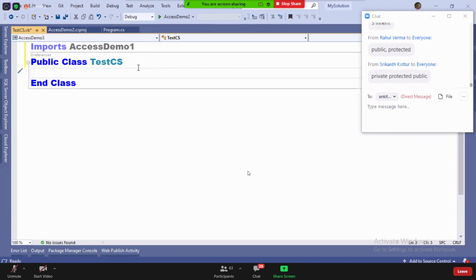Oh, private can be called. Srikanth, private can be called. Protected, public, and protected internal. You can call. And if I create an instance, you can call only one method.